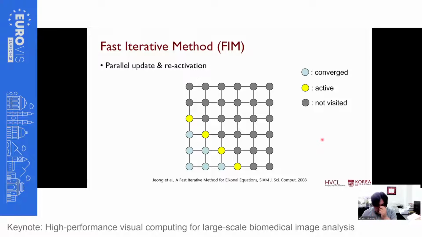If we do this, then definitely we cannot get the solution in just one pass, because we are basically violating the correct order, right? But the idea is that we adaptively update this active list, and we allow reactivation, which means these points can be activated, reactivated, or deactivated multiple times until they converge. But we are not updating the entire grid; we are updating only a partial subset of the grid, so that only the necessary points are updated. So this is the idea.